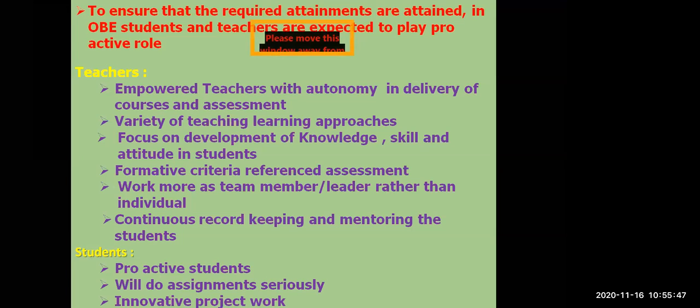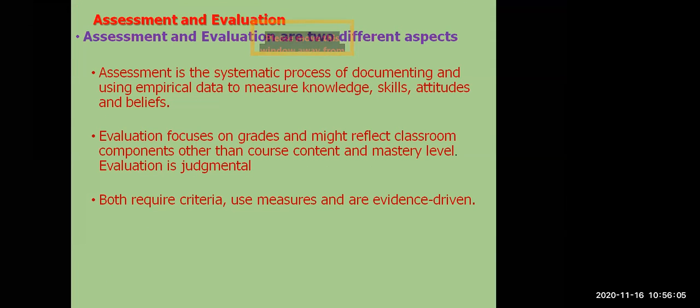I'll come to it. That is what criteria referenced assessment is, afterwards. Work more as team members, continuous record keeping, and students will be proactive students. They will do assignments seriously. They will work on innovative projects. So this was just an introduction to